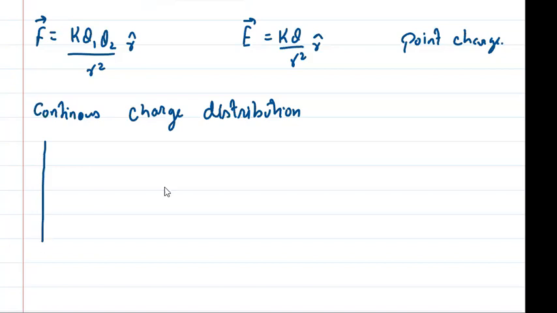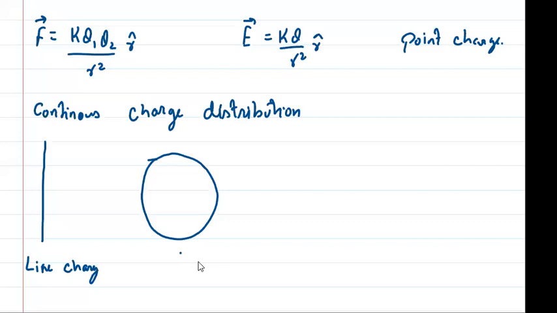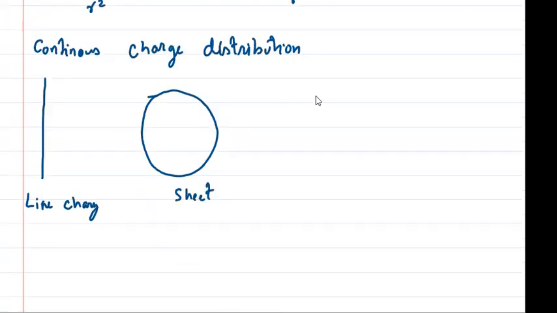Remember? Sir, mass can be linear, mass can be in the form of area, or mass can be in the form of volume. Yes or no? Right? That's what we did. In the same way, when you talk about a line, it is your line charge. If you talk about a sheet, right? Then it is your area charge. And when you talk about a sphere, cylinder, everything, that would be your volume charge. So we can have three things. We can have either linear charge distribution,